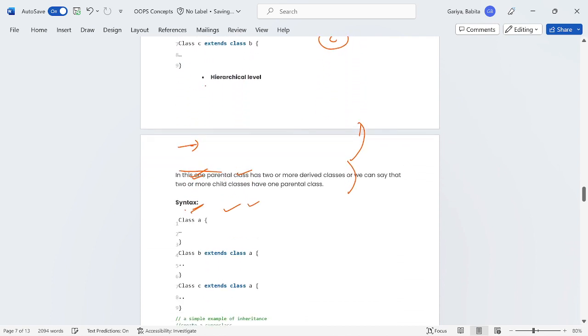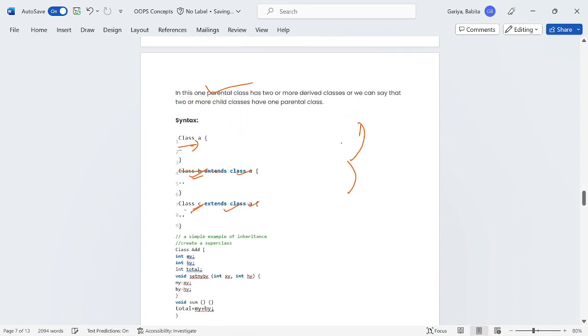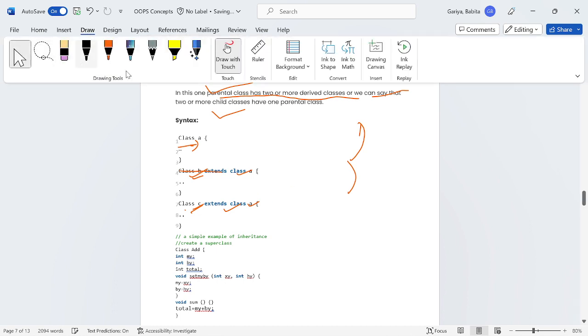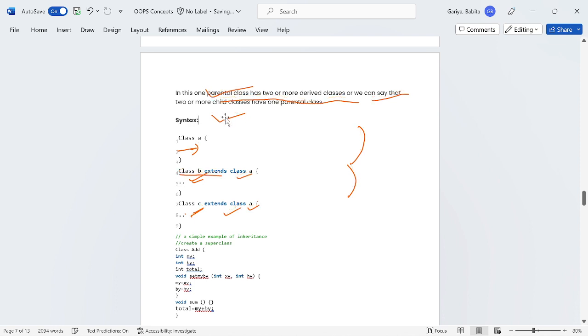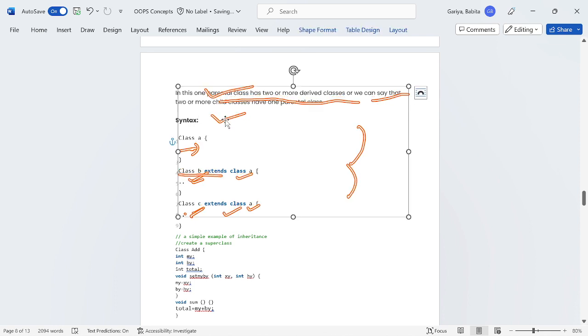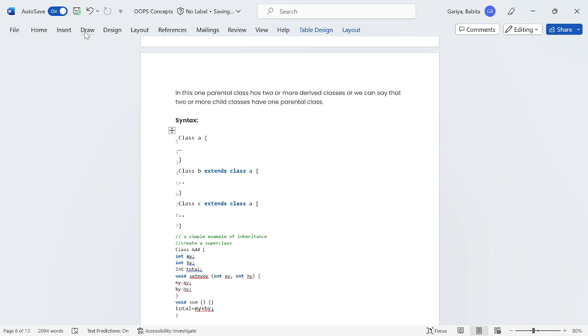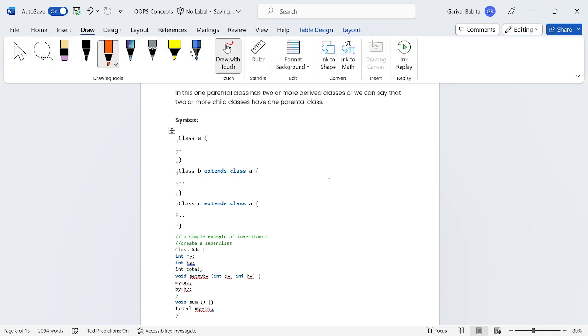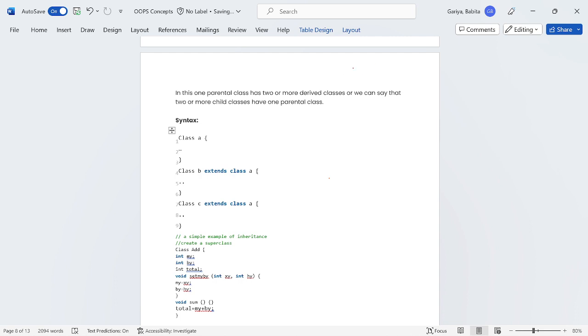Now, hierarchical level. What is hierarchical level? In this, one parent class has two or more derived classes. We can say that two or more child classes have one parent class. The diagram of this hierarchical level is